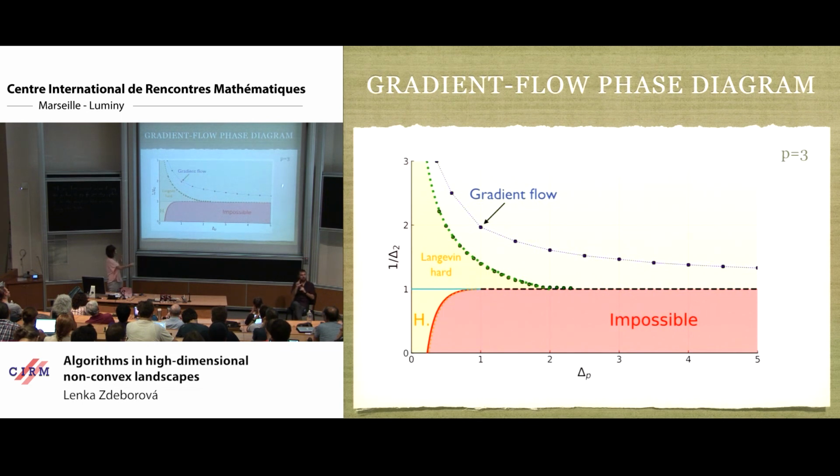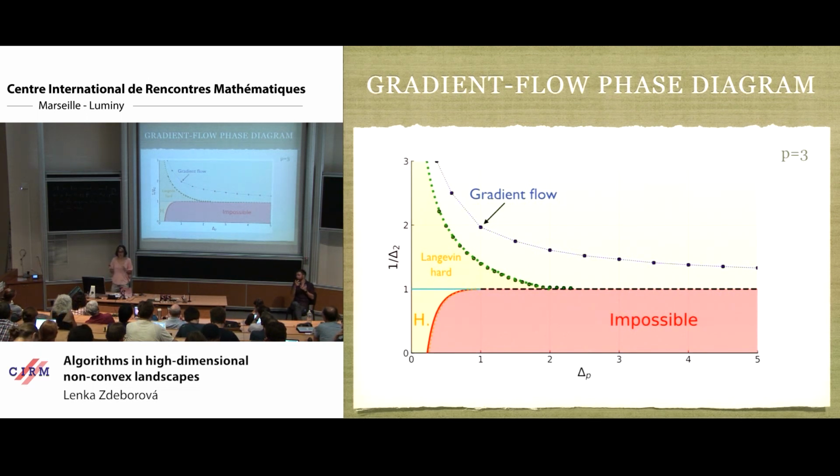So the gradient flow would give us some good correlation with the ground truth in this region and nothing below, zero correlation below. So the fact that it's worse is not surprising because it's kind of going after the wrong objective, although this is what we usually do in machine learning. So now there will be another mystery.